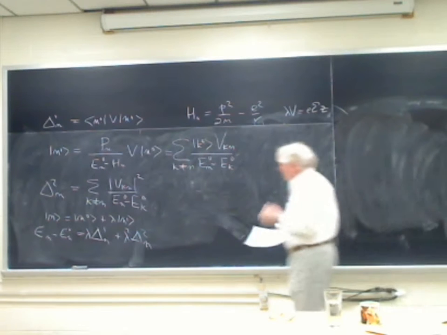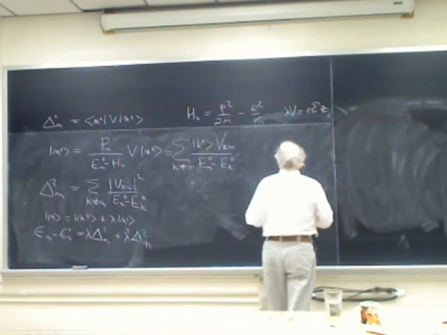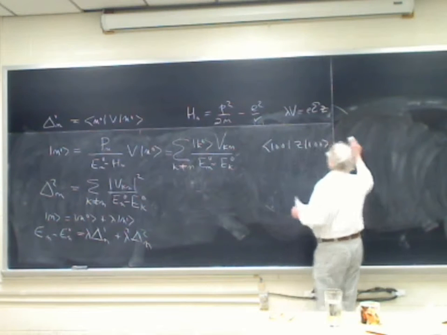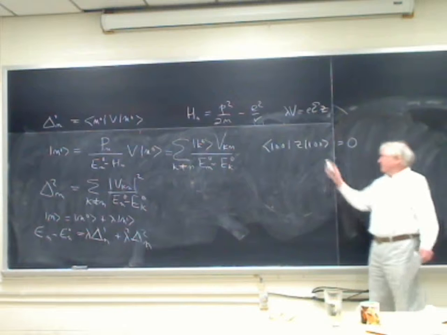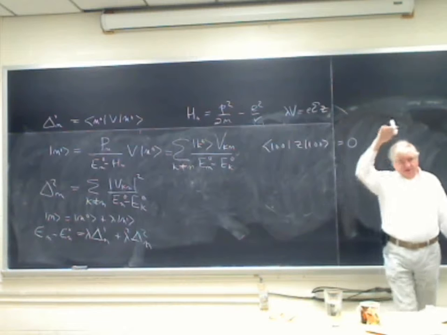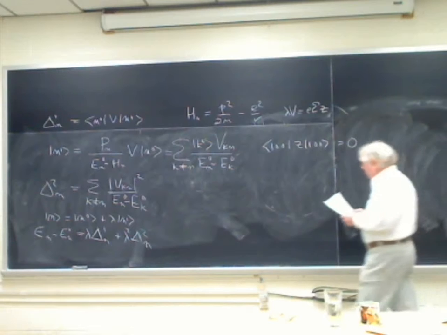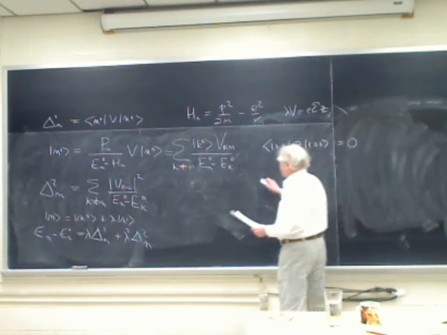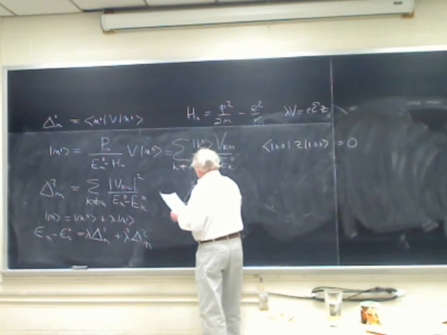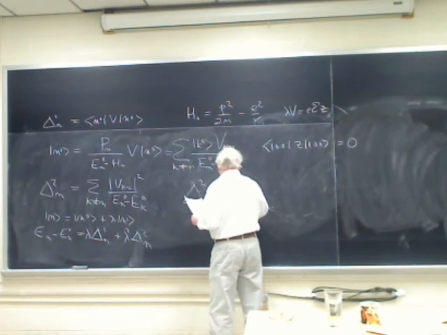As we look for the lowest order correction, we see that it actually vanishes, because <1,0,0|Z|1,0,0> is 0. That's because the 1,0,0 state is perfectly symmetric, and Z is plus at positive Z and minus at negative Z. So we go to the second order correction, and if we use this formula, the second order correction is then e squared